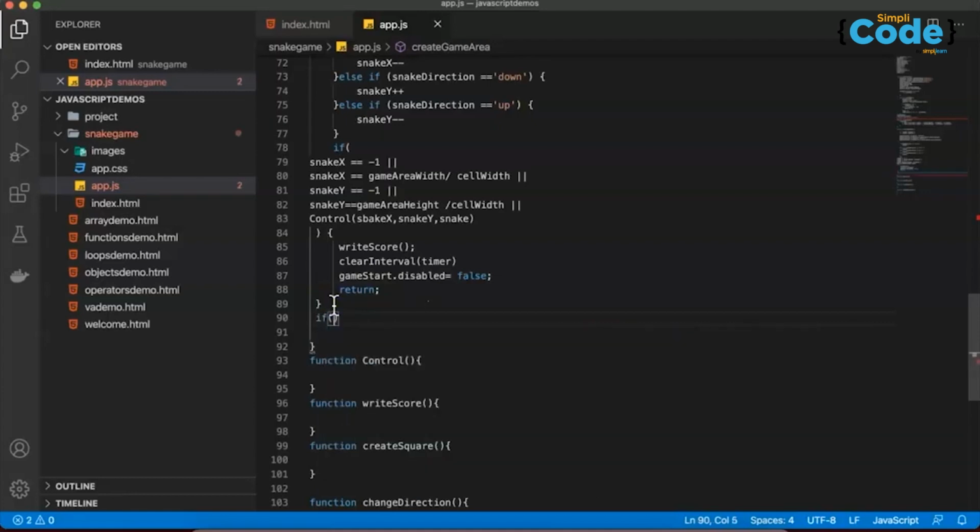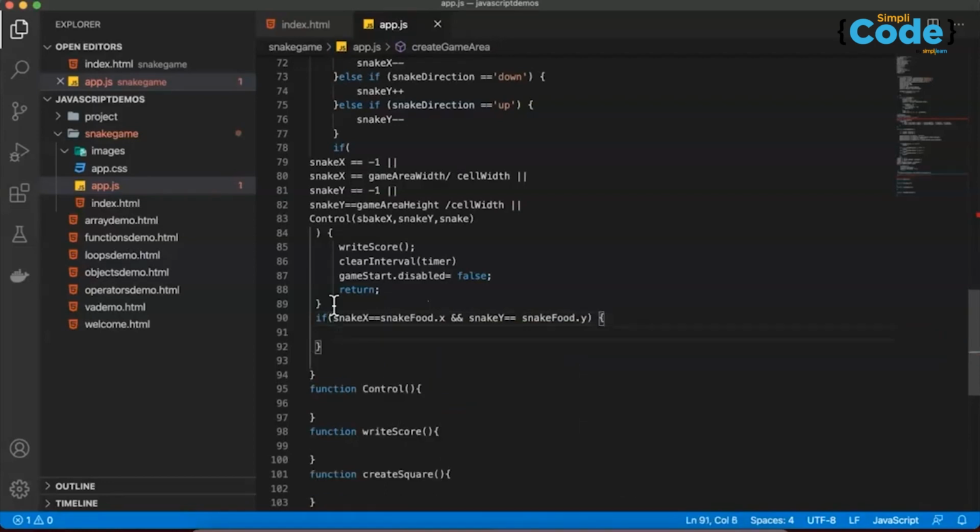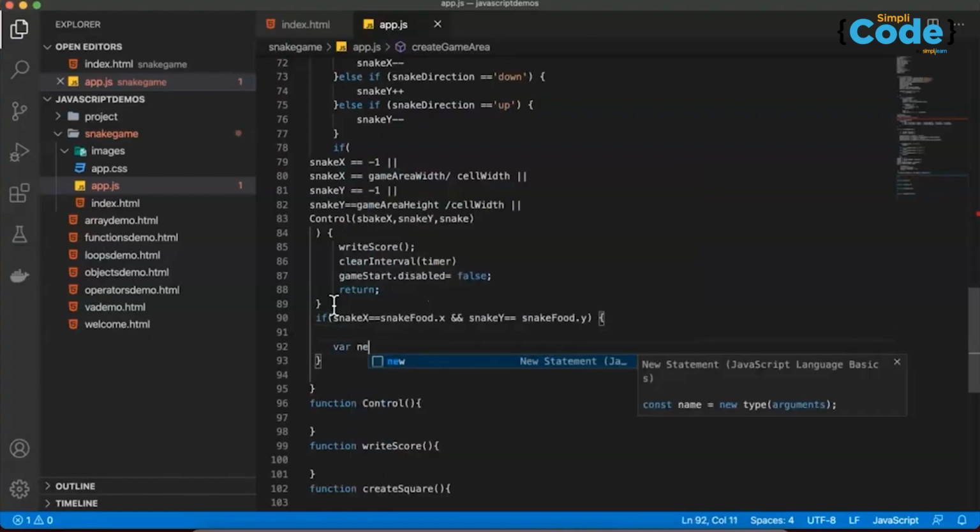So we say if snake x double equal to snake food dot x, okay, snake food dot x, and snake y double equal to snake food dot y,